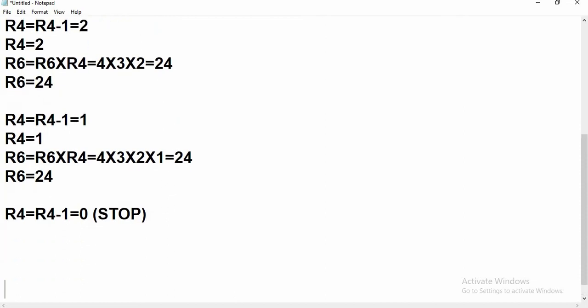I will show you the C code, how it would be written in C. We will write a while loop: while R4 is greater than 0.